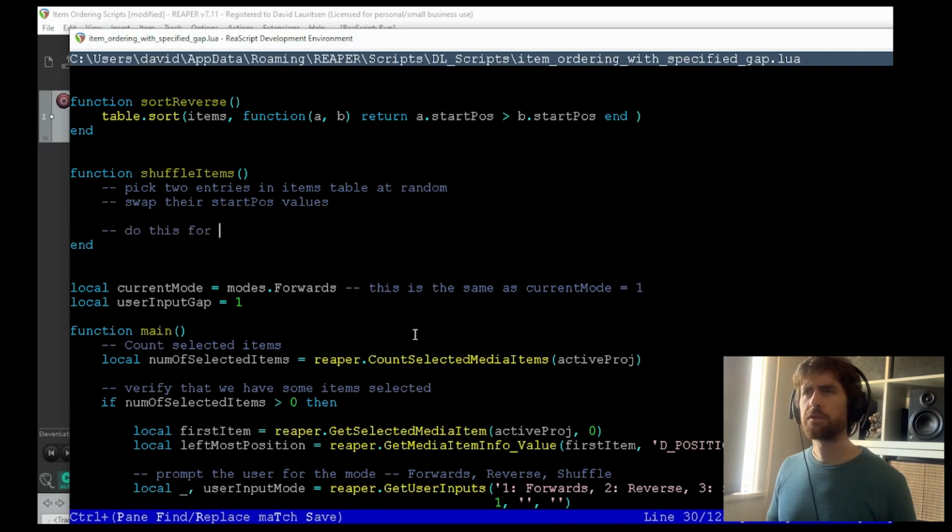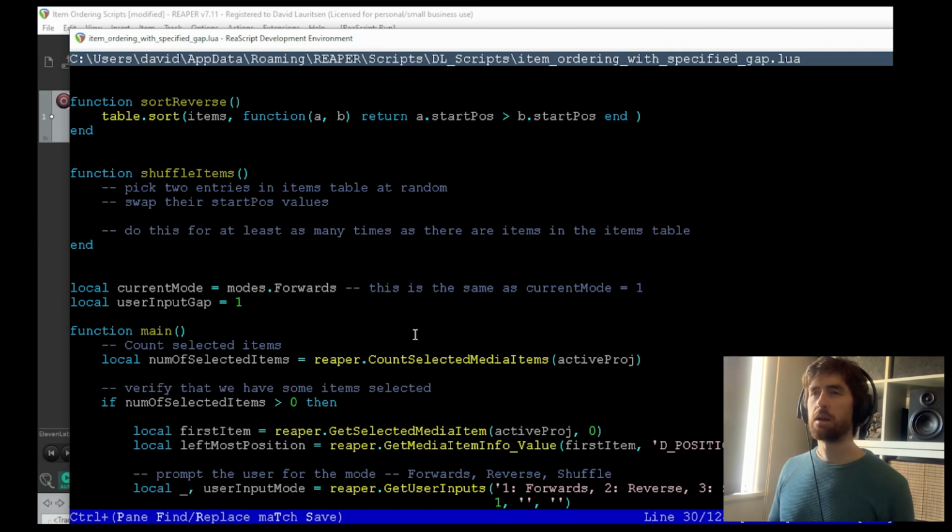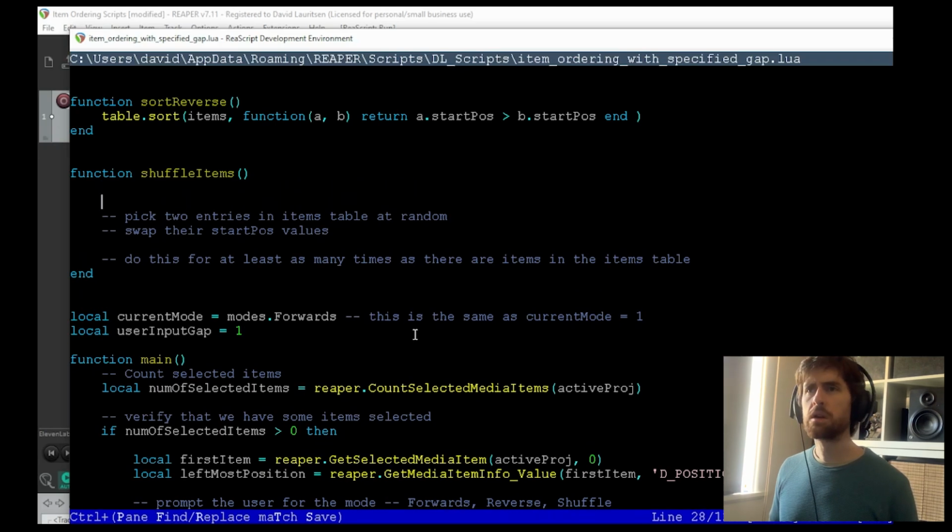Do this for at least as many times as there are items in the items table, but preferably more. You can do it as many times as you want, and we can do it many times because computers are very, very fast at doing stuff. All right, so